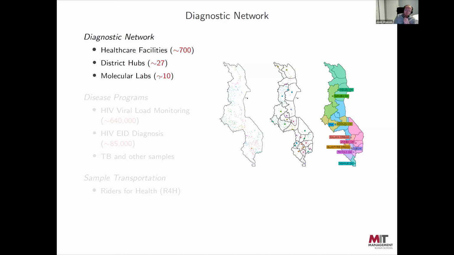Okay, and so what you need to do is to collect blood samples from people out in the field, transport them to a district hub and then to a lab, and then the results back to the field so that they can be communicated with the patients. So it's an example where clearly the operational system that's in place has a lot to do with how effectively we can try to achieve these goals that I said